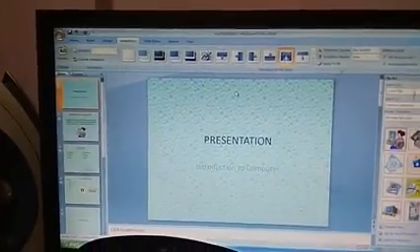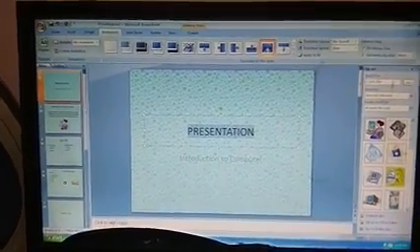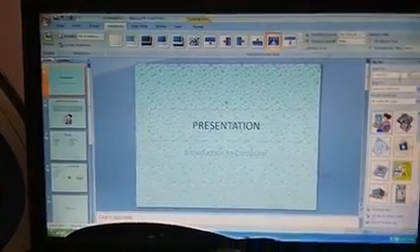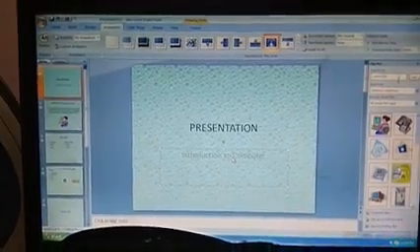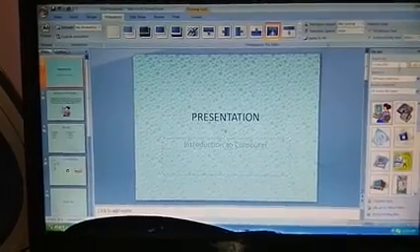Then, apart from this, you can give certain animation effects to one particular area. Say in this slide we have two areas, one is the title area and the other is the subtitle area. How are you going to give an effect to a title area and a subtitle area? So suppose I want this